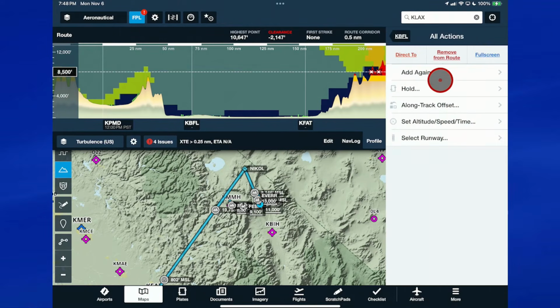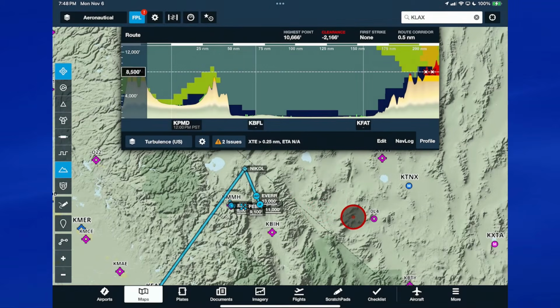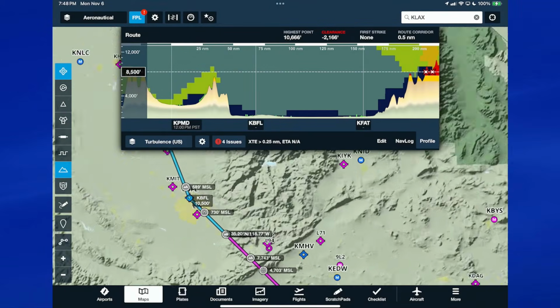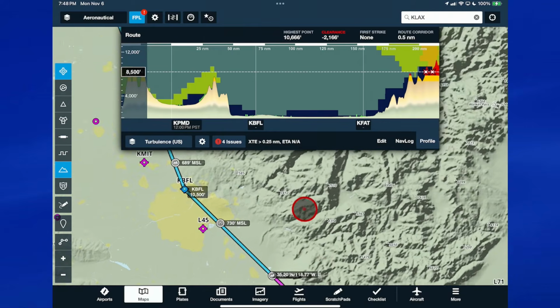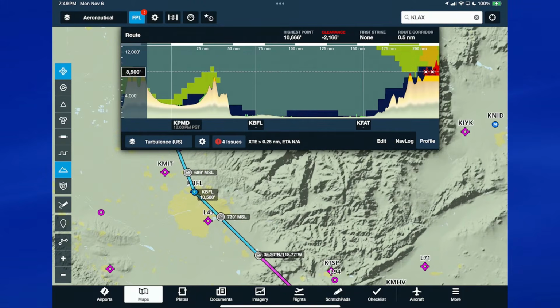And you can also put a holding pattern there. You can select the runway you're going to land on, and then of course a long track offset that just puts a point so many miles before Bakersfield. Because I had Bakersfield selected, I could select a point 20 miles prior to it, insert it, and you'll see there's a point here, 20 miles prior. It's showing me the altitudes of obstacles that are along the corridor. And here's one at 730 MSL right under my path. But here's the 20-mile leg right here.